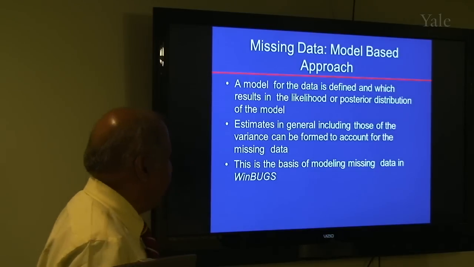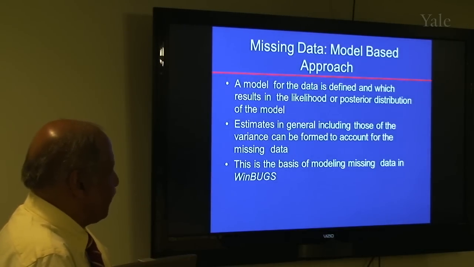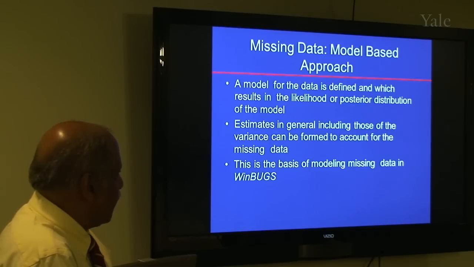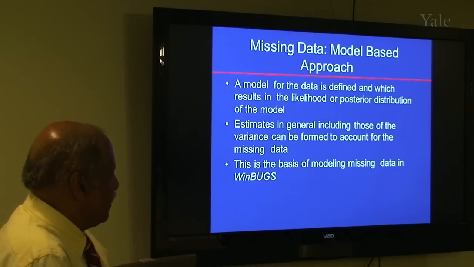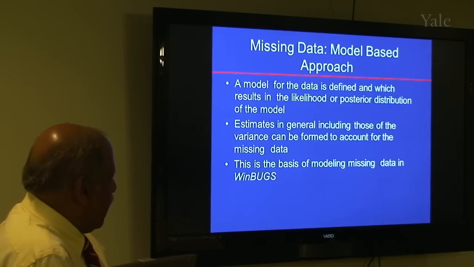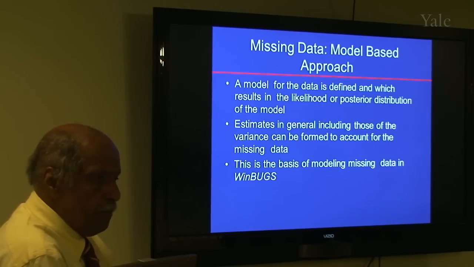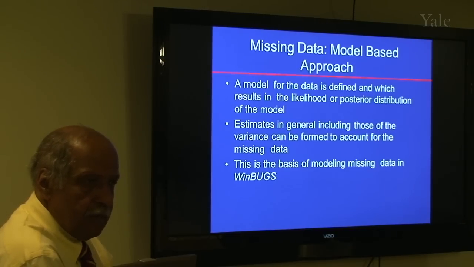But a model for data is defined, and then it results in the likelihood or posterior distribution of the model. And the estimates in general, including those of the variances, can be formed to account for the missing data. And this, before multiple imputation came into its own within the last couple of years, was a very good alternative